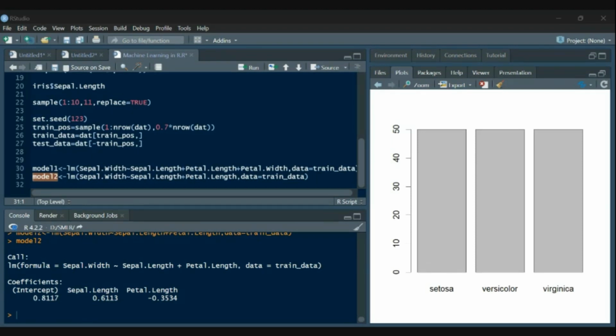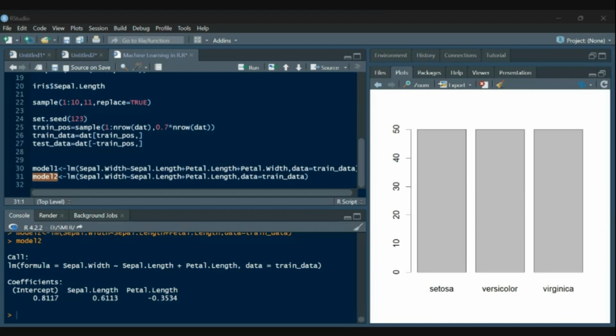There is no coefficient multiplying with the terms. We put a plus sign: sepal length plus petal width. How come the plus sign, there is no multiplier? The multipliers are obtained in the output. Here we are just saying that the sepal width is somewhat depending on the combination of sepal length and petal width, but we don't know about that combination.